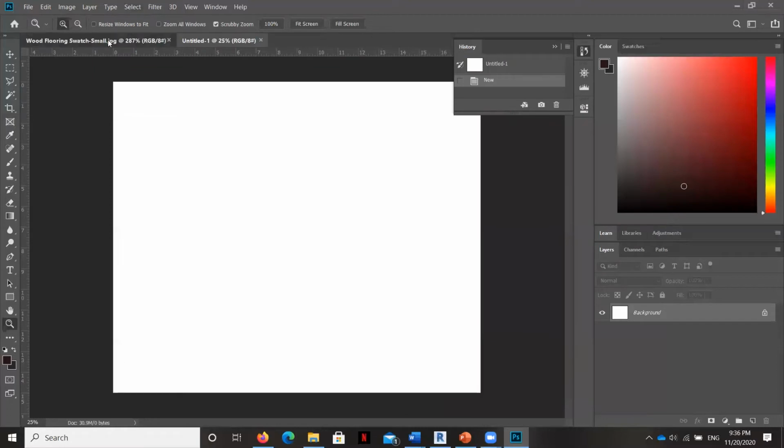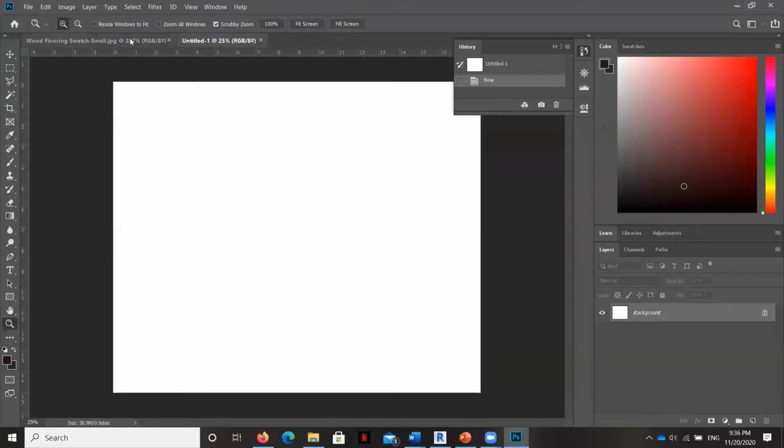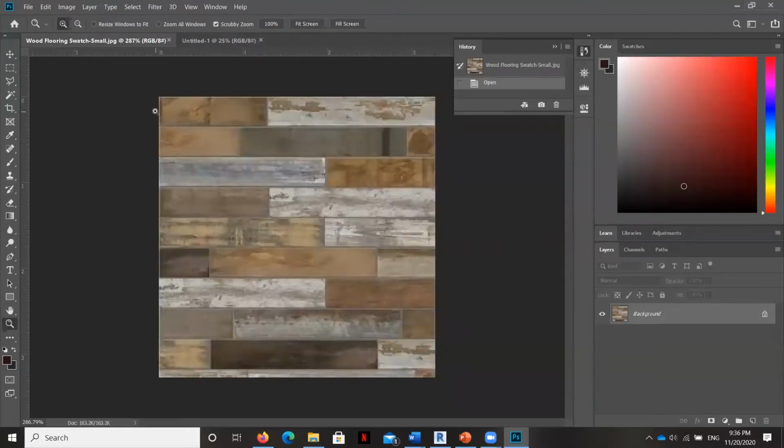All right, so let me bring this over. Now I'm going to bring this swatch over and put it in here so that we can create a series of copies of it. But you can see right here, there's a little white border here, and that's going to make tiling really obvious. There's also this sliver down here that's not a full length, and that's going to create some issues down the road.